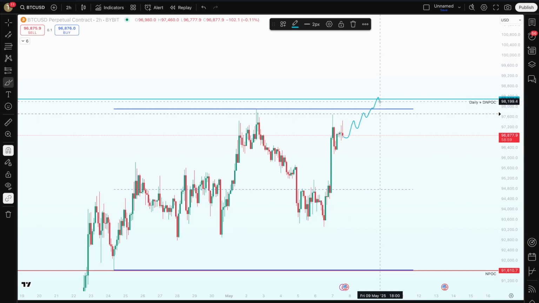But this becomes a weakness when you actually start losing that level. If you are losing this range high, or again, this will be a volatile day so it could play out in a different way as well, the price could push up higher here, but when you see this daily and the daily NPOC level being lost on the chart,